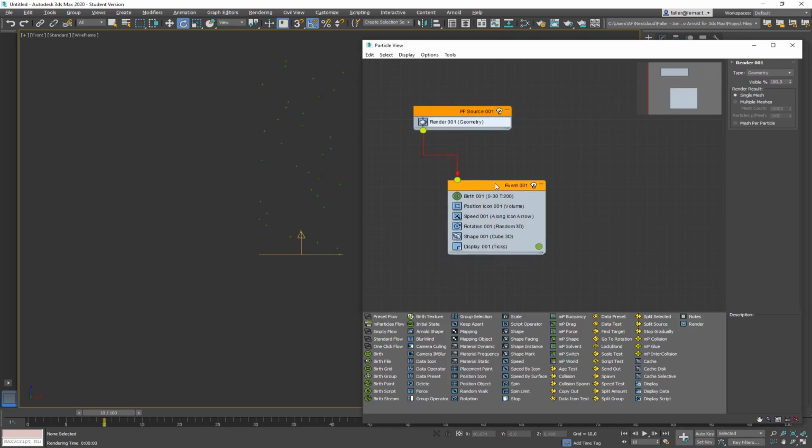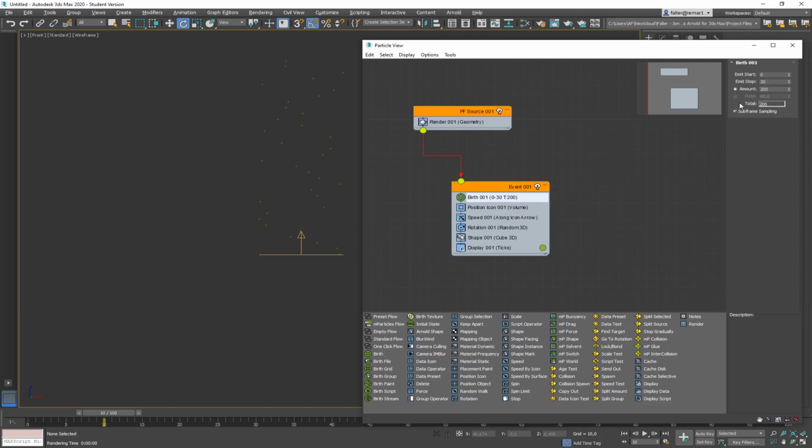But let's keep this to geometry. Let's go down into the event, and let's start reading it from top to bottom. Usually every frame, this quickly goes through every particle, and it starts here with the birth of the particles. You can see the birth starts at 0 and ends at 30. So during that time, that is 31 frames, a total amount of 200 particles are born. You can define the amount of particles by the total amount, or you can also define a certain rate, like how many particles.